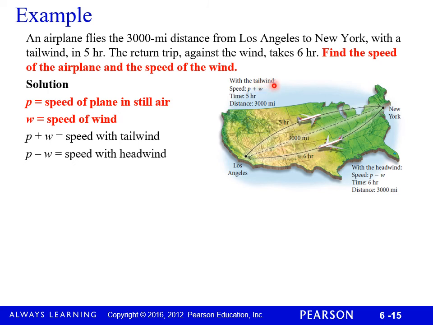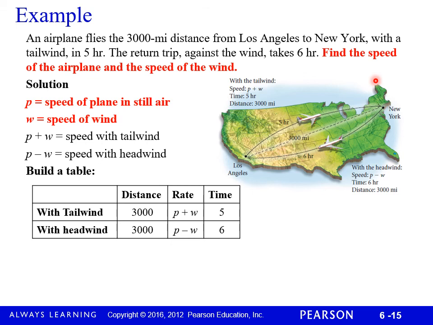This is another problem that might help you to draw a picture, putting the data on the picture. Here we can see we have speed, time, and distance. These are all just data points from the problem. Taking them out of paragraph form and putting them into a picture, or even better yet, building a table. The distance is going to be the same. Now, this is a key thing. When I see that a column is the same, that's usually a good indicator of how I'm going to solve the problem, because remember, equations have the same thing on both sides, or an equalness, and so this may really help. Well, distance equals rate times time, so I can set these two equations equal to each other, or I can just simply